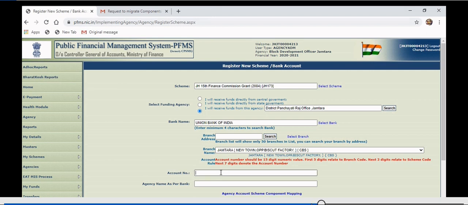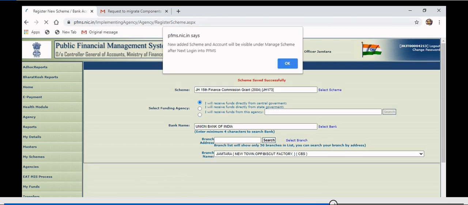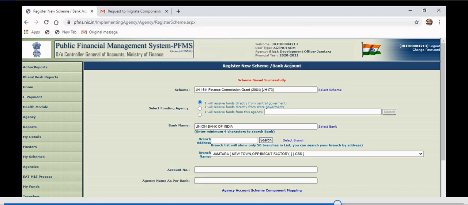You have to select all the 20 components meant for the 15 Finance. After doing that, you'll have to save. Then you'll get this message that your agency has been saved successfully.